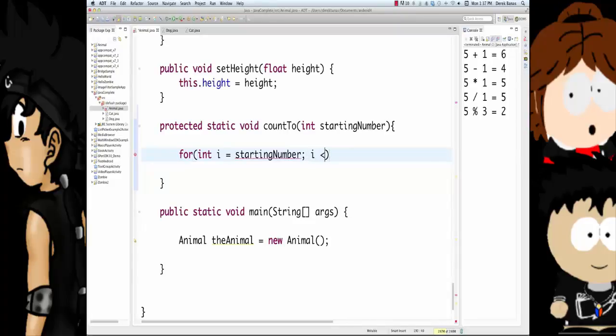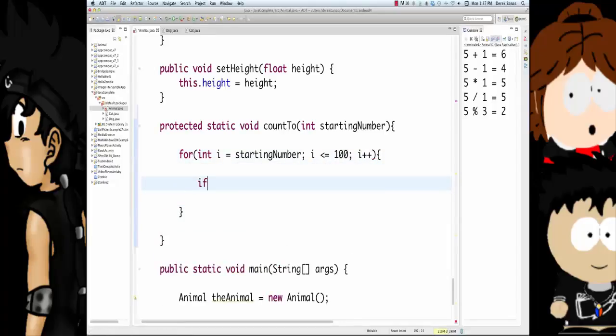Then you're going to put in your condition: as long as i is less than or equal to 100 in this situation, we're going to continue looping, and then i++. We're going to increment i each time we go through the loop. What we specifically want to do is skip printing out 90 to the screen. The way we would do that is if i is equal to 90, continue. You could put this inside of braces if you want, but you don't need to.